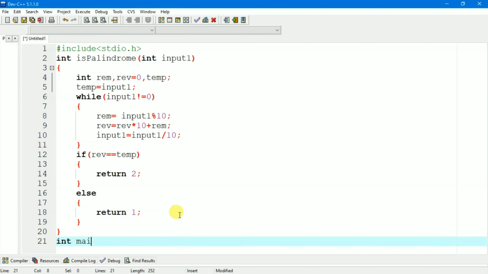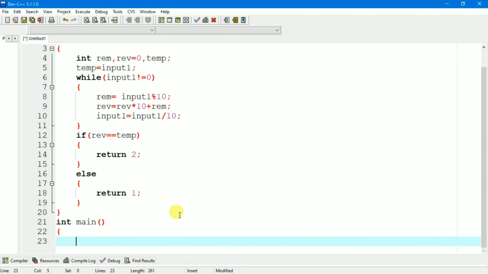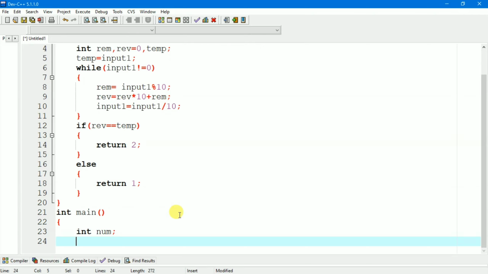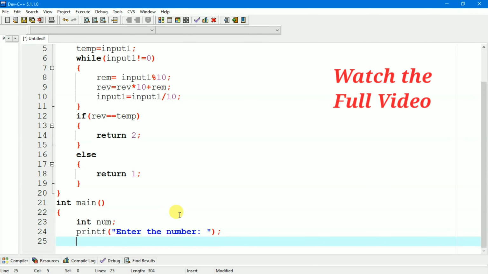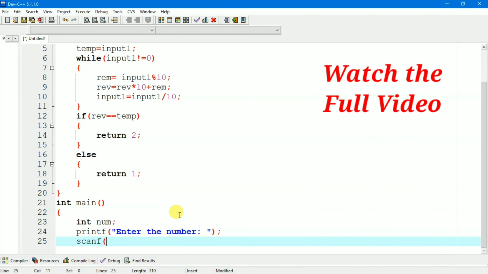Now we will write the main function, int main. We will take one number as input, that is printf, enter the number. After that, we will read it from the keyboard, %d ampersand number.